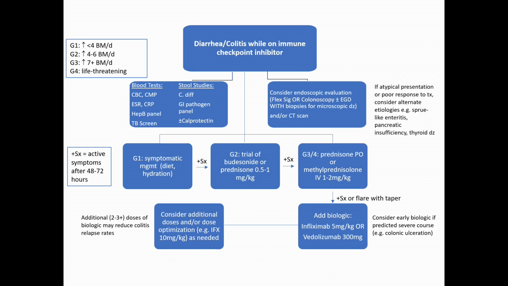The thing I'll mention very briefly, but not get into today because of time, is we've seen all kinds of atypical GI presentations, so not all diarrhea is colitis, and there's a broad differential for diarrhea across these patients. We've seen upper GI disease, so small bowel disease that looks like celiac and rarely can actually respond to a gluten-free diet, and they can actually make anti-celiac antibodies. So something to think about in an atypical presentation. Pancreatic insufficiency has been reported. Asking about steatorrhea and fat malabsorption, thyroid disease, et cetera. So it's important to keep the differential broad in terms of diarrhea.